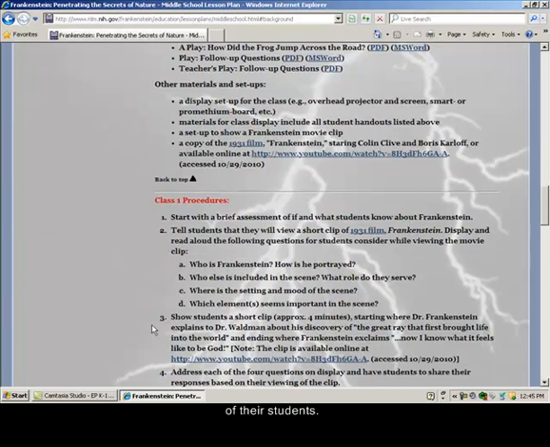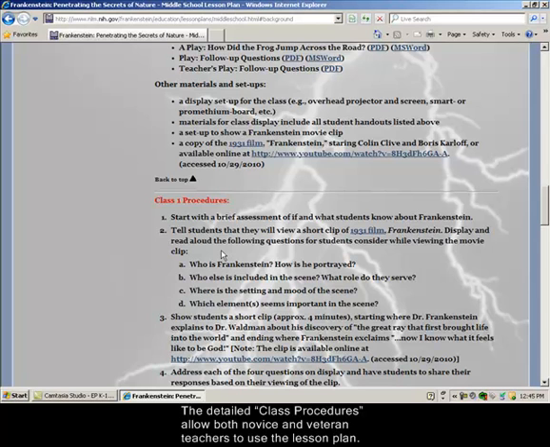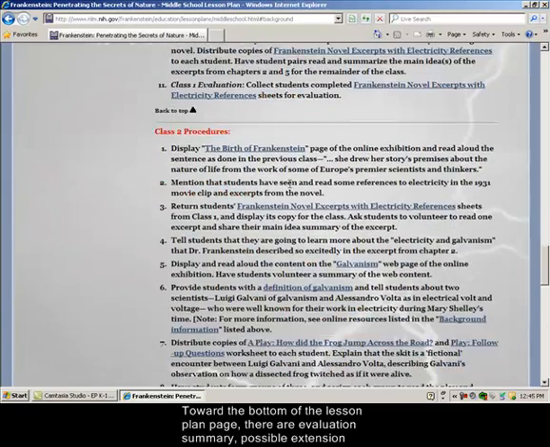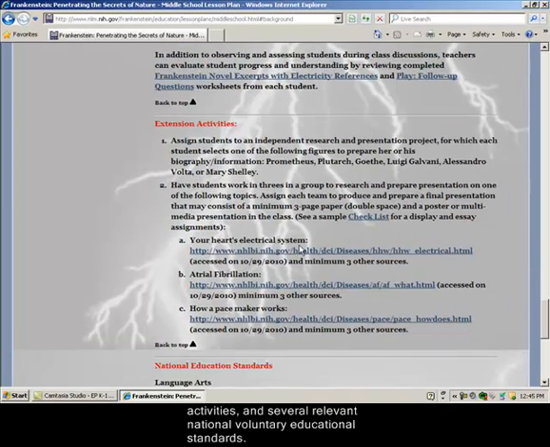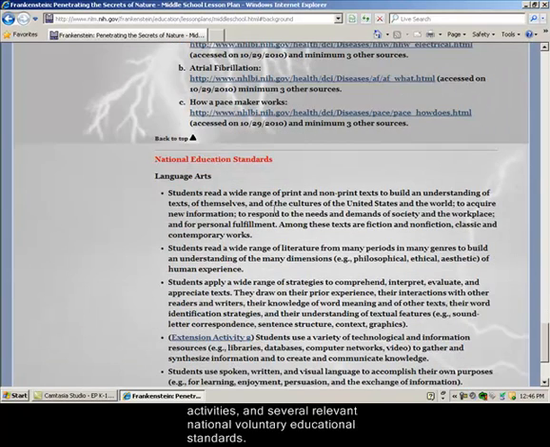Class procedures are very detailed, and they allow both novice and veteran teachers to use the lesson plan. The novice teachers may use and follow the lesson plan as delivered, while veteran teachers can easily adapt a portion into an existing class activity. Toward the bottom of the lesson plan page, there are evaluation summary, possible extension activities, and several relevant national voluntary